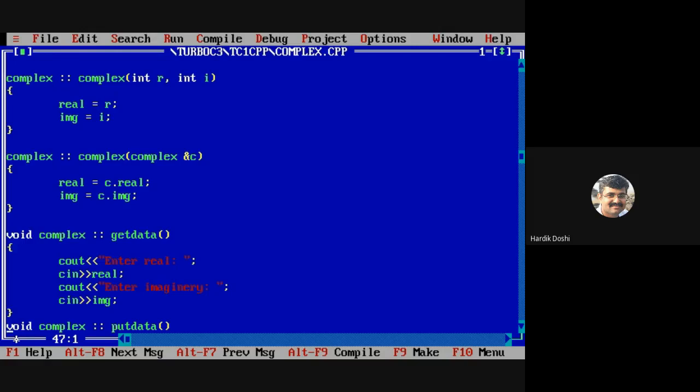Regarding the program, whatever program is asked, for example, write a program to define class complex with these data members and these functions. If get data and put data are not mentioned, then also you should write get data and put data. If display is given separately, then no need to write put data.